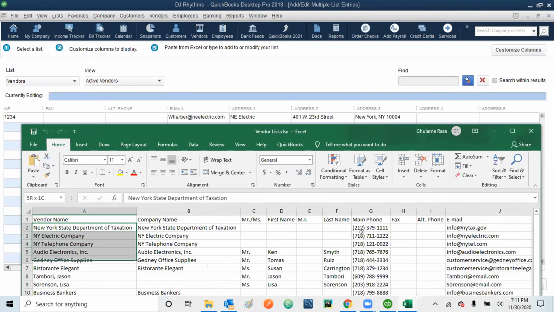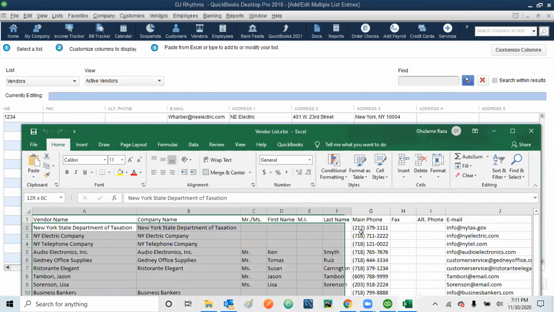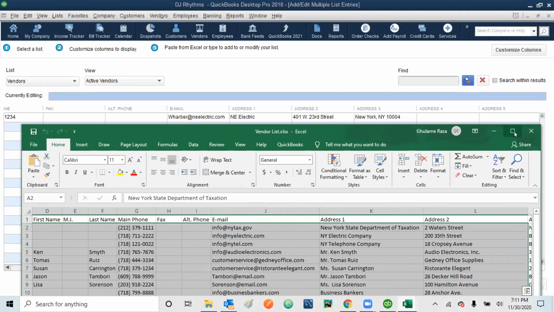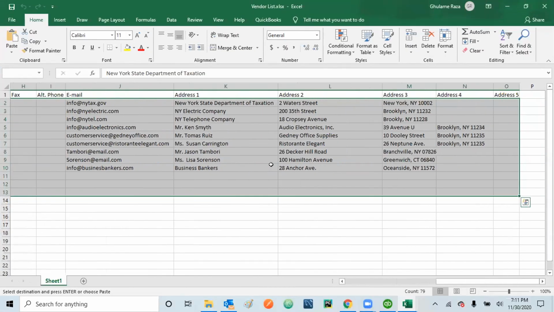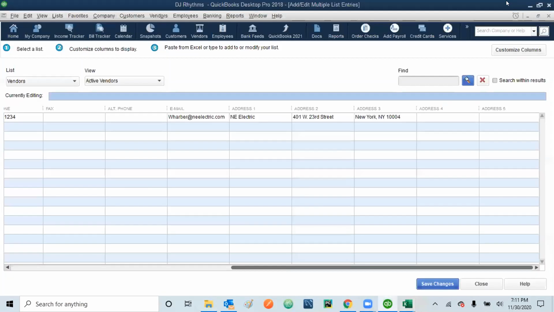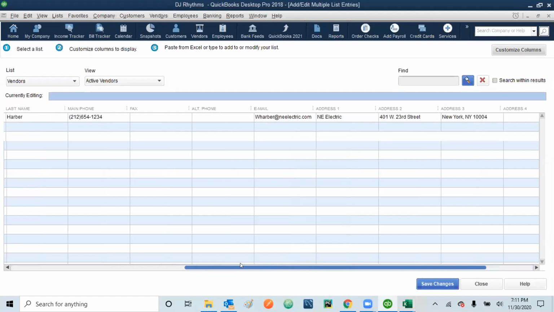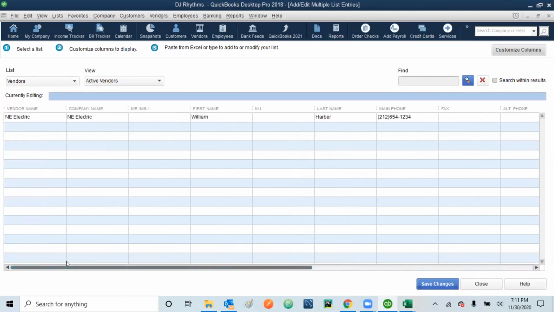So I just simply select all of them, copying the same way. Let me maximize it so that you can see it all. I have selected the entire table, the entire sheet. Control C, I can do that way, or I can also copy from here, minimize it, and then go all the way left. Always remember, don't paste it anywhere in the center because the entire data will be corrupted. Your phone number will go into the fax number, so it will become disturbed.